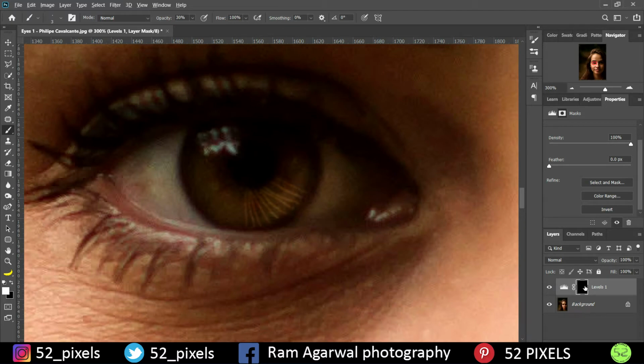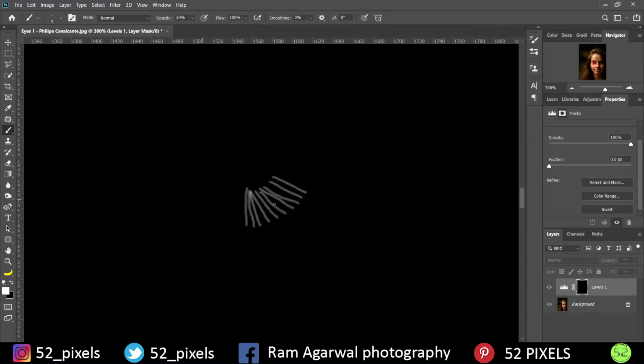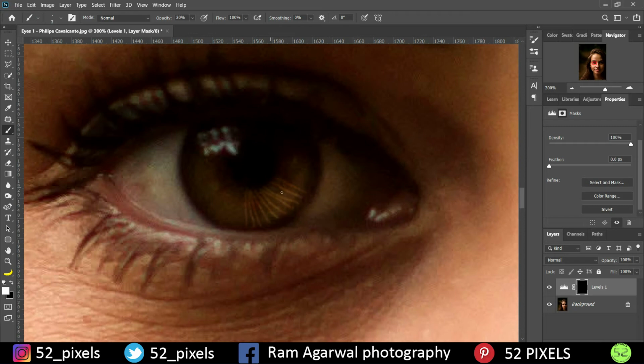So if we go to this image, as you can see, this is what we are doing with all the black in the layer mask. I'm adding these whites so that the edits are visible only in that particular region. So let's get back to working with the main image. I'm going to add these lines over here so that they add to the texture of the eye. They look quite good, and they give depth to the eye. That's what I want to do. I want to give depth to the eye and add a little bit of sharpness so that it doesn't look bad, it looks real, and it looks amazing. I'll let you know how it looks once we are done. I hope you enjoy this one.